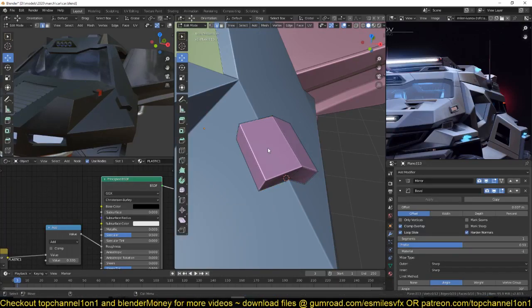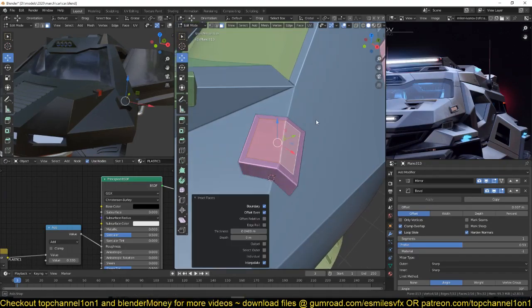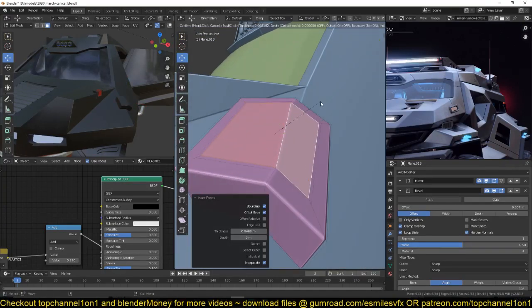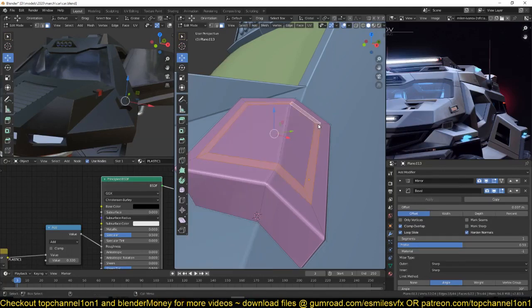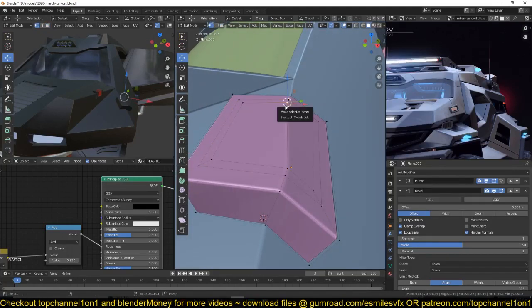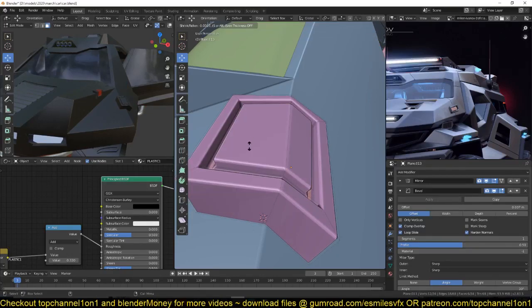Let's see. Select these faces. Insert. You can even insert just a few times, and then just make sure that this edge is aligning correctly. Then we can select this edge loop here, then push it along, extrude it in,